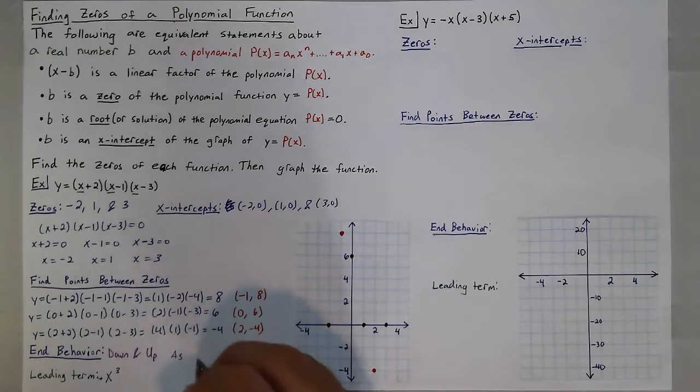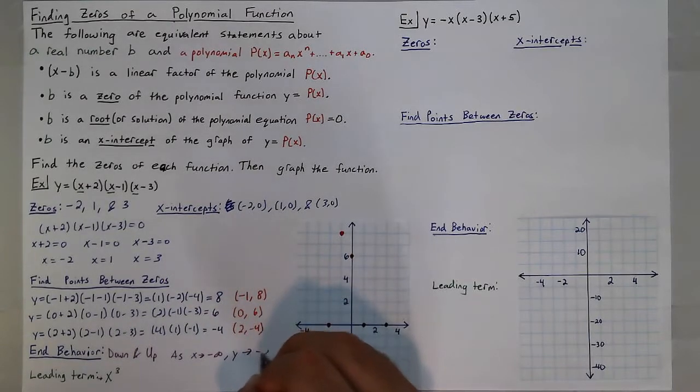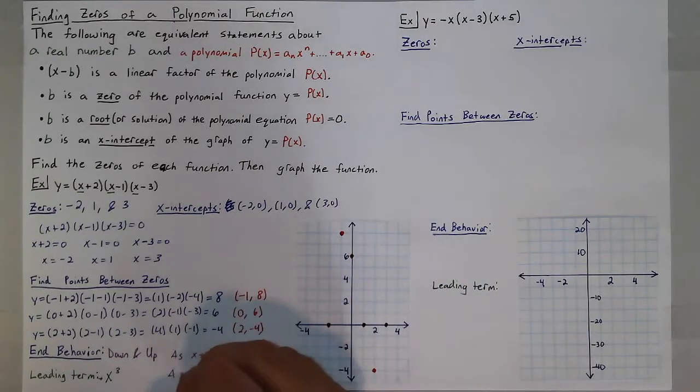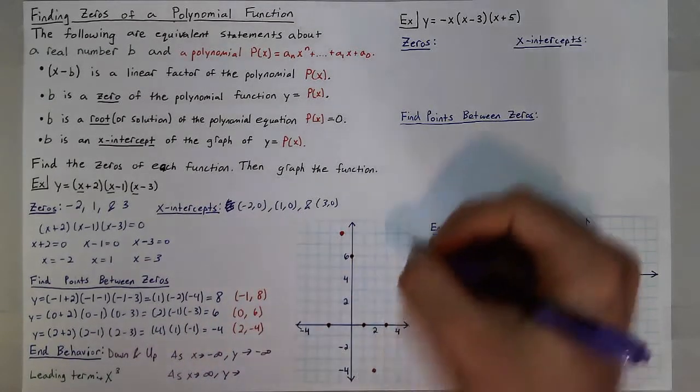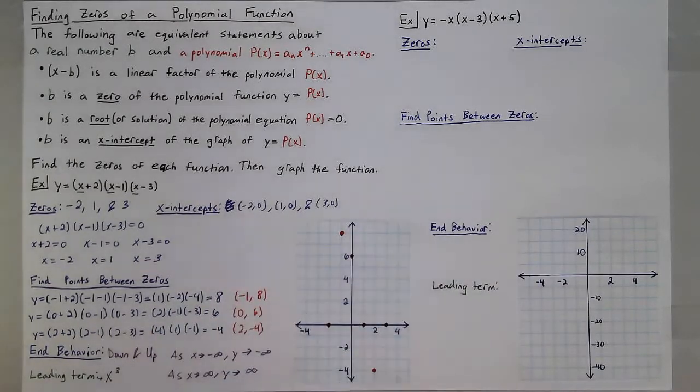So I'm going to write that again. As x goes to negative infinity to the left, y should go down, so y approaches negative infinity. And as x goes to positive infinity, y approaches positive infinity as well, because I know it goes up to the right. Again, the way I figure that out is, since it's a positive x cubed, I know it goes up to the right, and since it's an odd power,